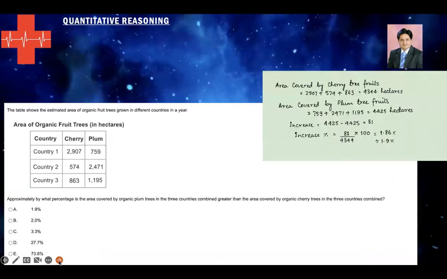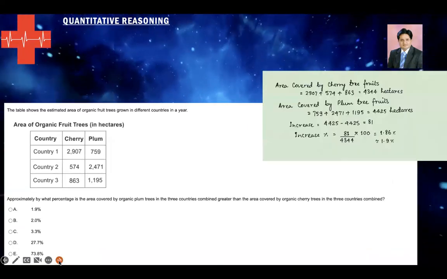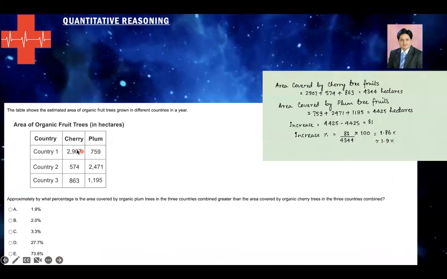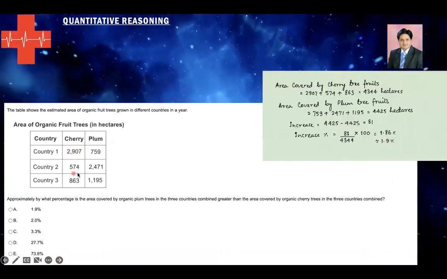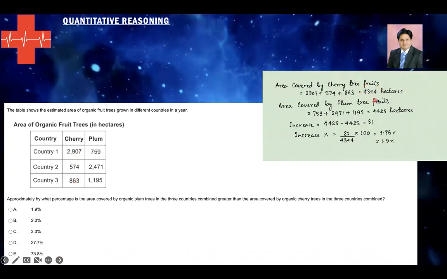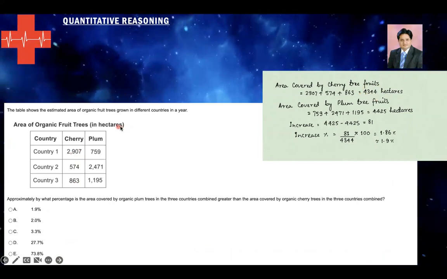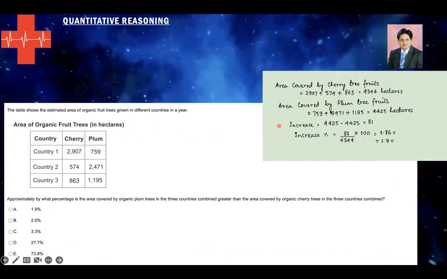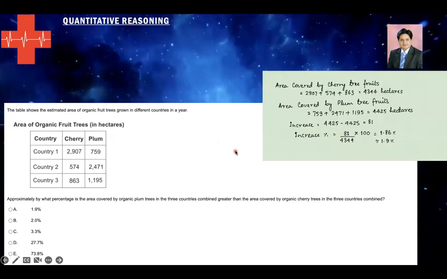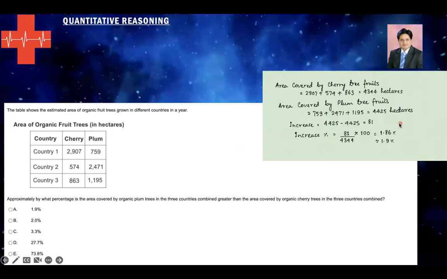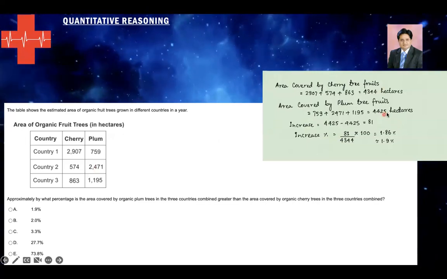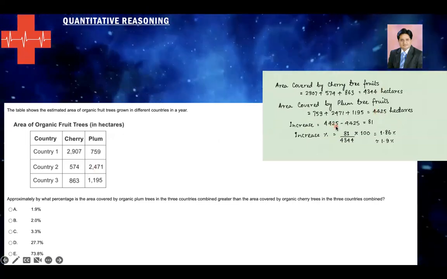All right, here comes your solution. So let's calculate the total area covered by cherry trees. 2907, 574, 863, you add them, you get 4344 hectares. These answers are in hectares. Area covered by the plum trees, that's 759 plus 2471 plus 1195, that is 4425 hectares. So what is the increase? You subtract them. This is greater. So 4425 minus